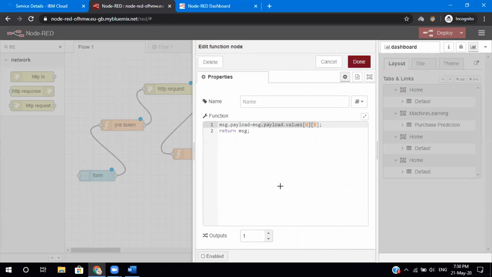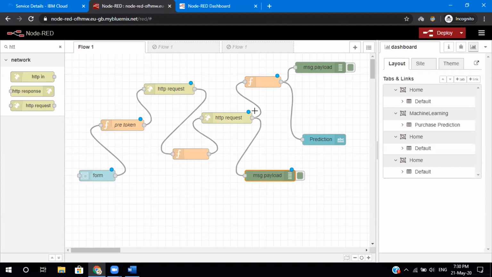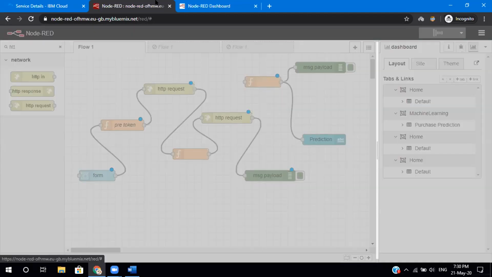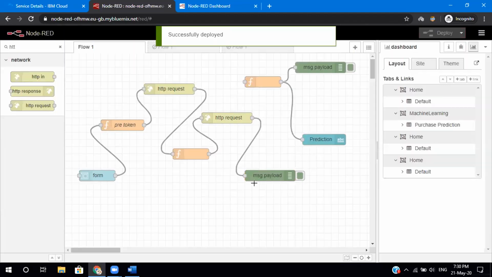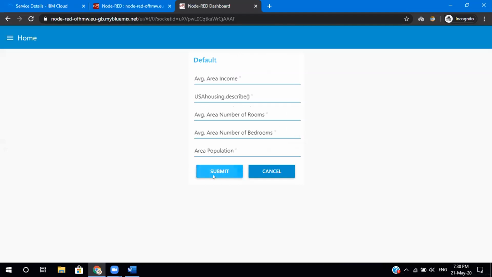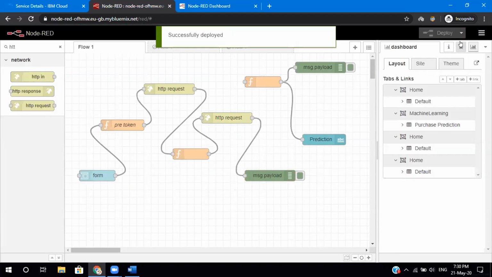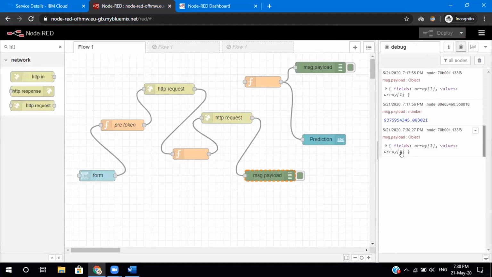You just connect a debug node to your HTTP request. Do not connect this function node yet. Just connect this message.payload, give all your values, and come back to the debug shell, and you will be able to see where you are getting all these things. You have two things, fields and values. In values, I have 0 and 0, and this is where I'm getting the result from.